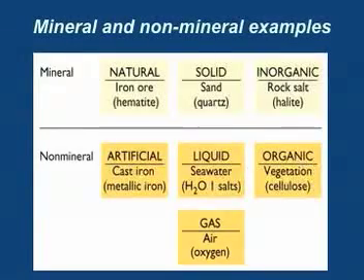All right, now this slide just kind of goes, what's naturally occurring, what's not. Cast iron, I love cast iron. If you have a cast iron pan, you know why you love it. That's man-made. There's no such thing as cast iron out in nature. Instead, we would look at iron ore called hematite. Okay, it has to be solid. Ice actually is a mineral, but liquid water and water vapor are not minerals. All right, in organic, rock salt, or table salt that we were talking about, the mineral is actually called halite. Remember the chemical formula, sodium chloride. But that head of lettuce you forgot in your vegetable crisper a couple months ago, okay, that's still organic, and so that is not a mineral.